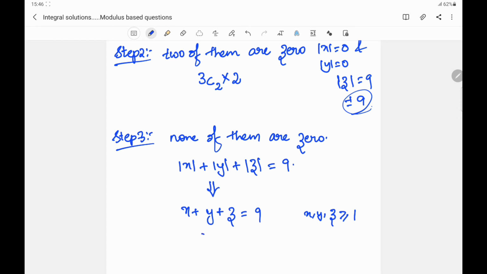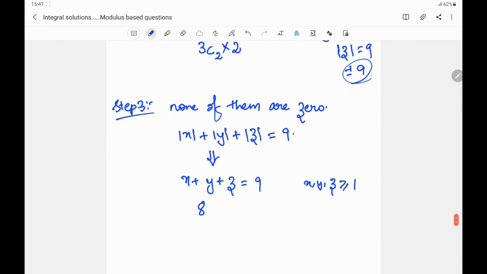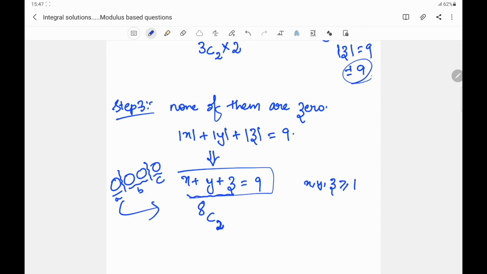So there will be 8 balls on the table. I need to select 2 gaps, not 1 or 2, because there are 3 variables here. Say if we assume that a plus b plus c equals 4, there are 4 balls, so I have to select 2 gaps. So this will be given to a, this will be given to b, this will be given to c. In this way we can find the integral solutions to this equation.